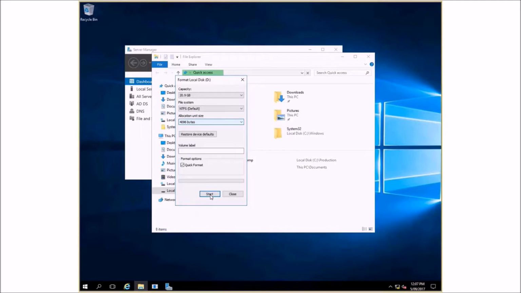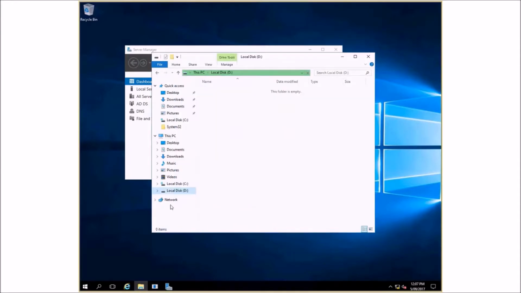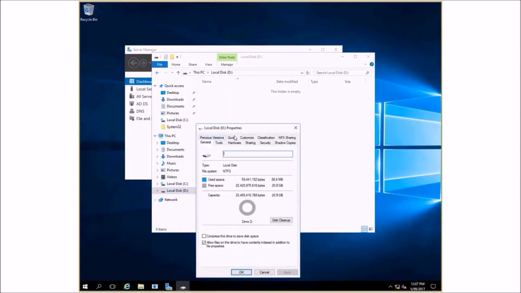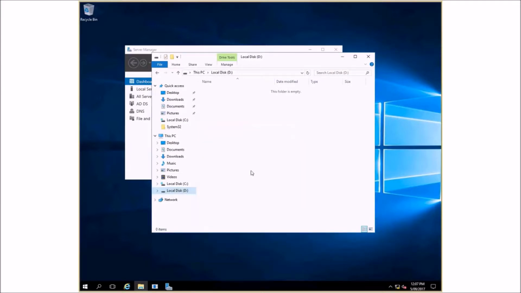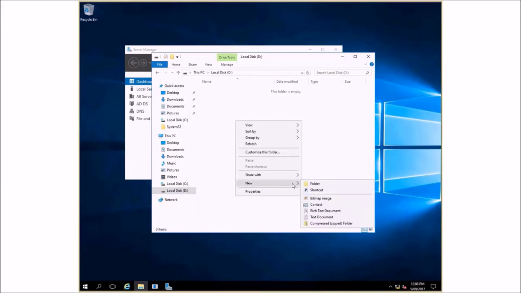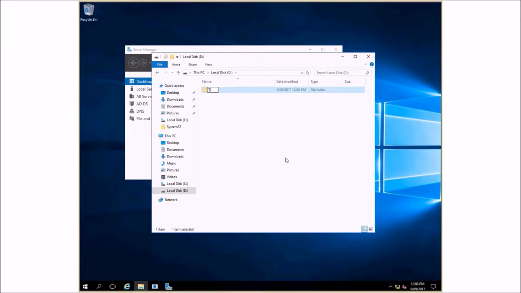All right. Let's quickly format that, and that's a quick format, so it's ready to go. Now it's NTFS. If we actually look at it, the file system is NTFS, and obviously we all know that NTFS is the file system that Windows defaults to these days, and we should know that there's a new one called ReFS. But if we create a new folder, and we call this top secret,